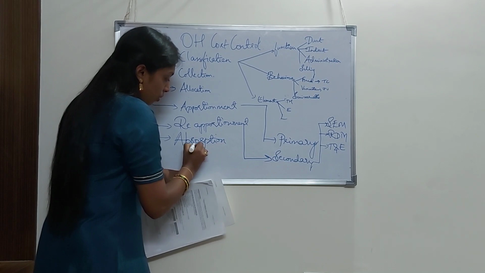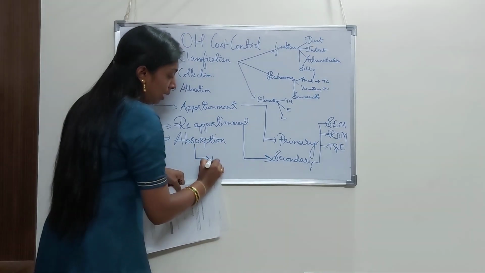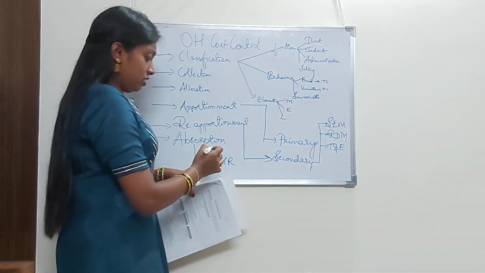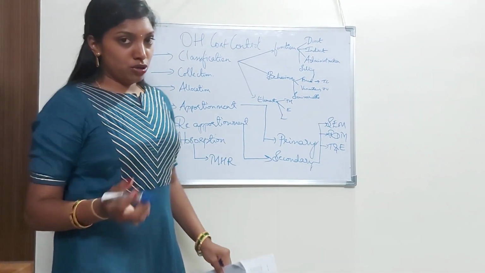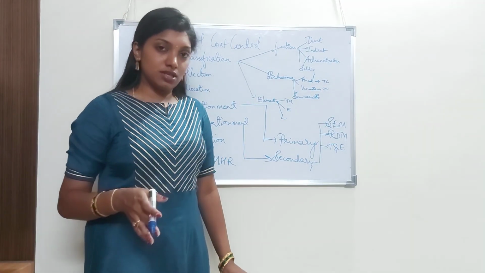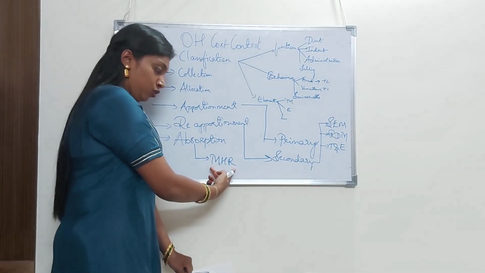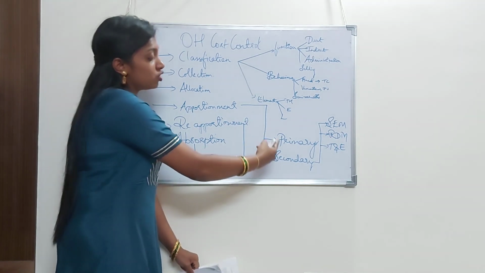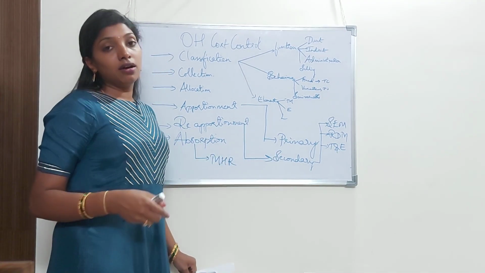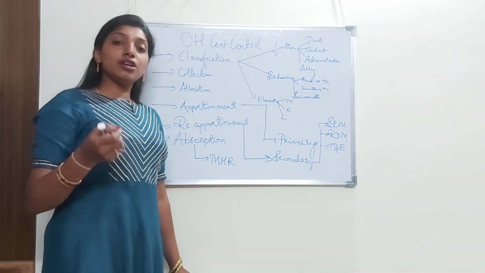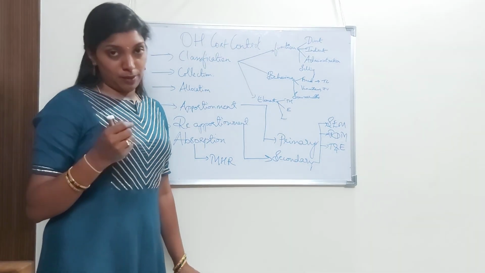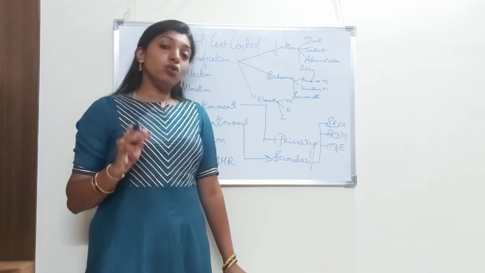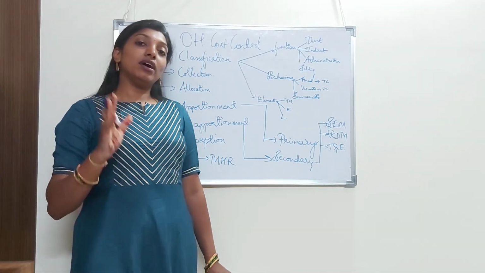Under absorption, we are going to deal with machine hour rate calculations. So this is going to be again a section B question as well as section C. If we have a simple problem, it would be section B. If we have a combination of secondary distribution and machine hour calculation, it can be expected for section C. So this is the gist of your overhead cost control. So this is the theory part of overhead cost control.